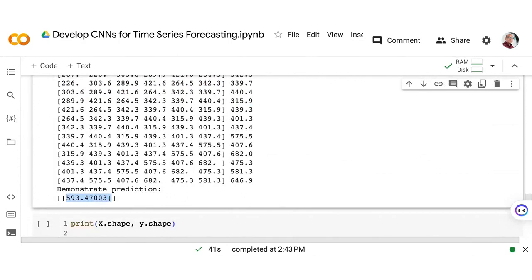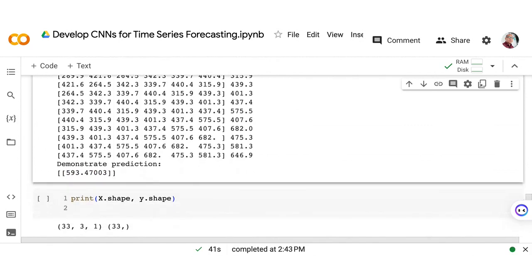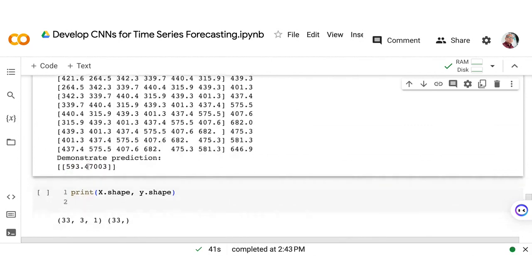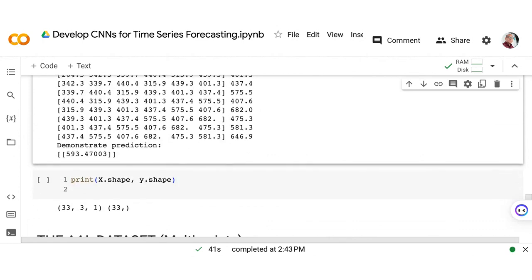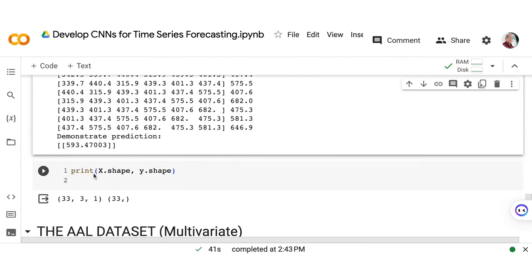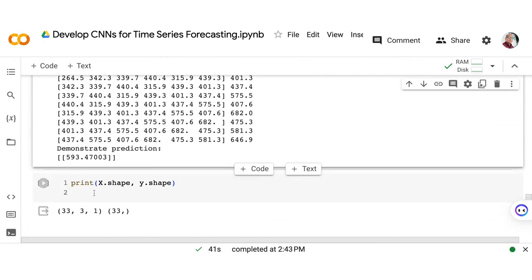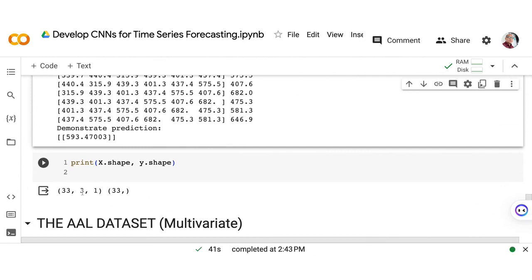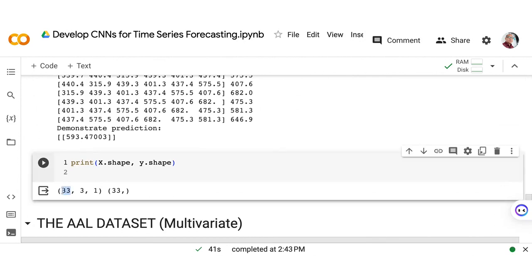So we don't know if this is correct or not, because we don't have an idea. So we don't have also the code for evaluating whether this has the definitely if you try to print the X shape and the Y shape, we have 33 samples.